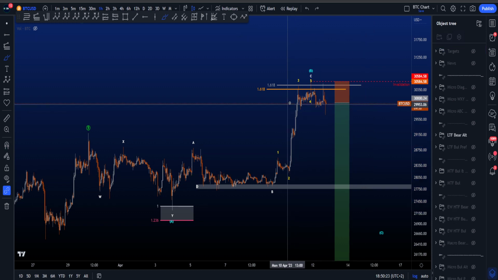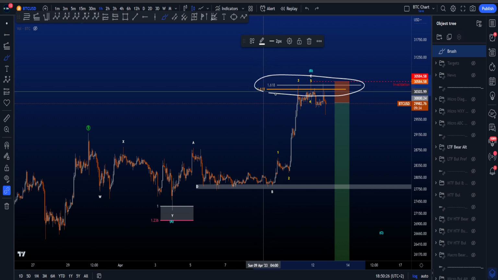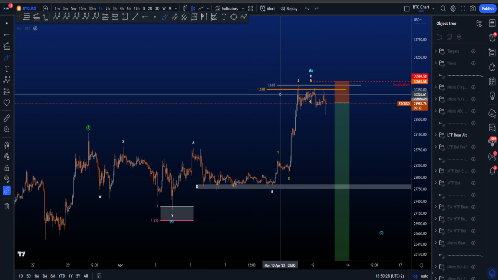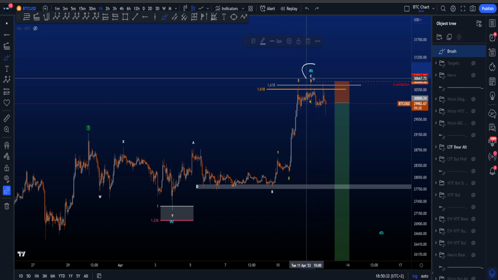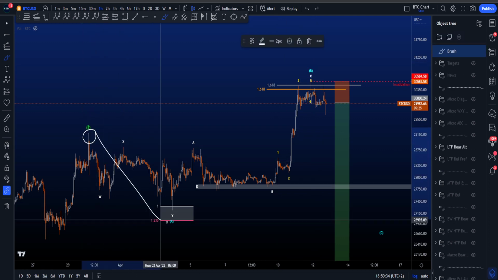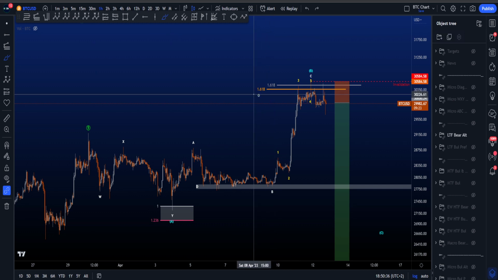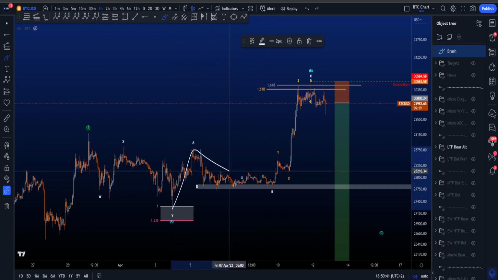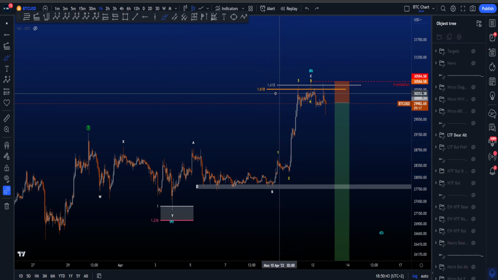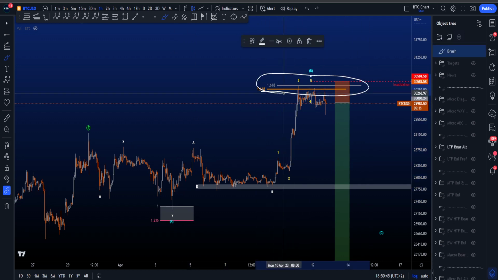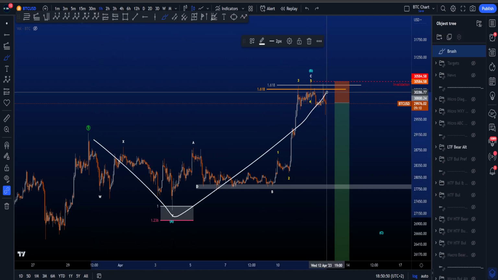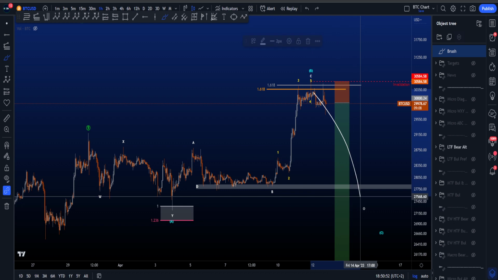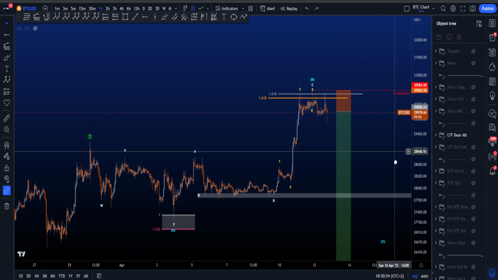What is important to realize is that the two 1.618s over here are two rare targets. So this gray one is a rare target for an expanded flat wave B, taken from the high of 5 to the low of A. And the orange 1.618 is a rare target for a zigzag, with this being an A, B, and then a zigzag C. So two rare targets have been reached over here, which also makes it a little bit less likely that this is an ABC expanding flat,